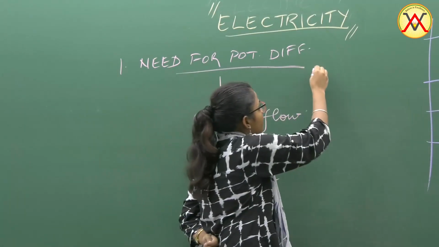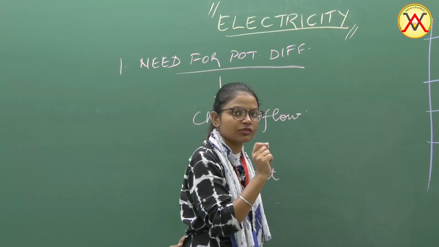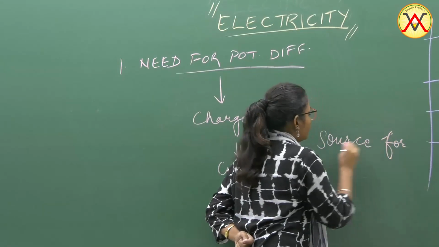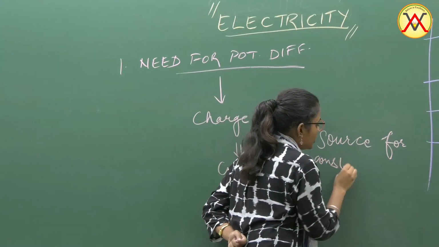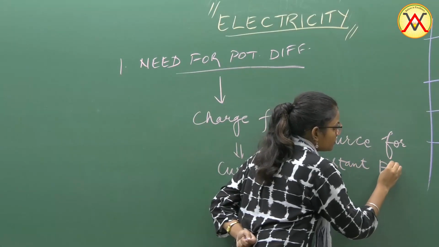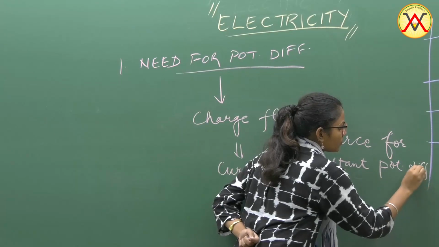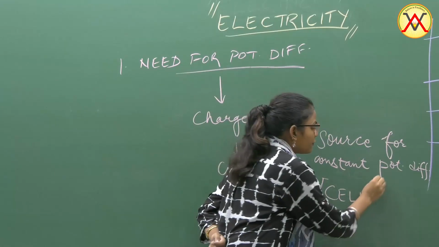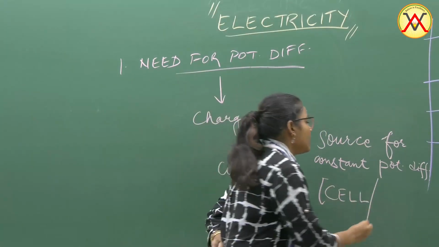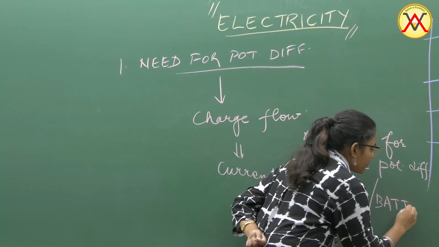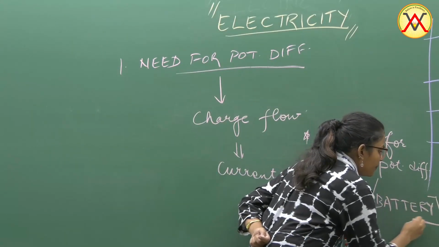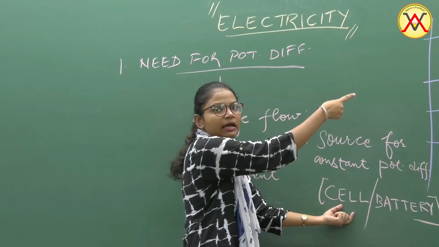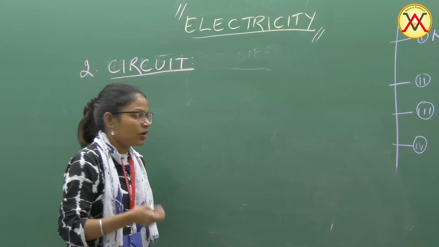तो constant potential difference का जो हमारे पास इकलौता source होता है, that source for constant potential difference, इस सोर्स को हम लोग बोलते हैं सेल, या फिर कॉम्बिनेशन ऑफ सेल्स हम लोग ले लेते हैं जिसे हम बोलते हैं बैटरी। अब ये हमारे यूज कहां पर आएगा, वहीं पर हमारा सेकंड पॉइंट आता है सर्किट। इलेक्ट्रिक सर्किट मींस व्हाट,